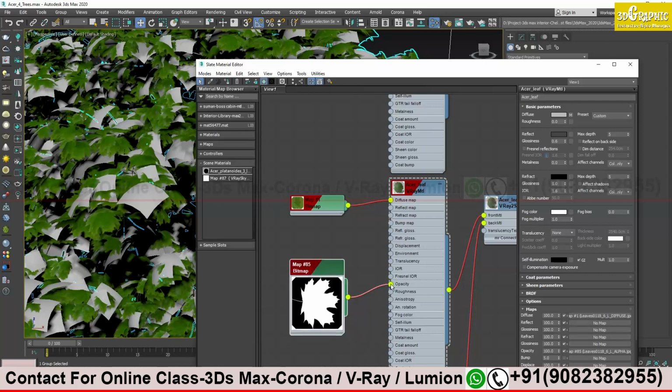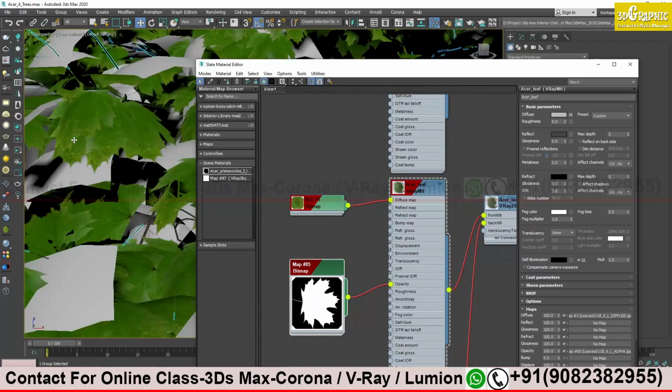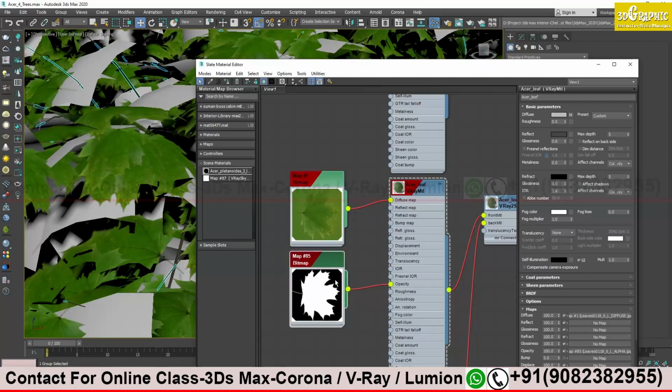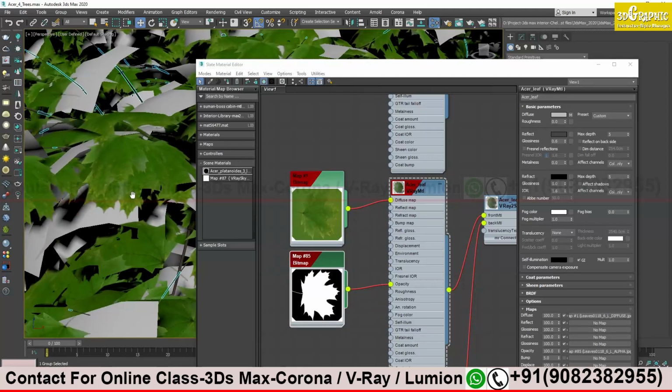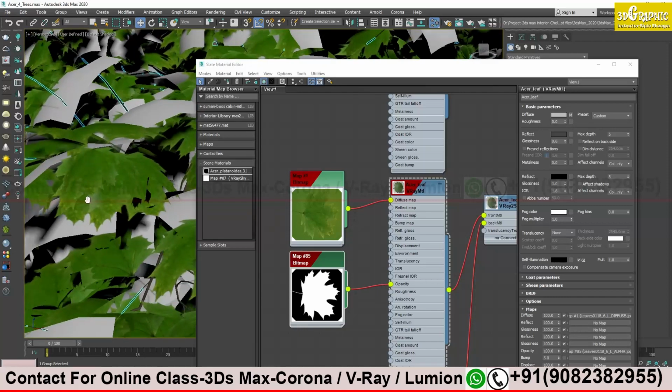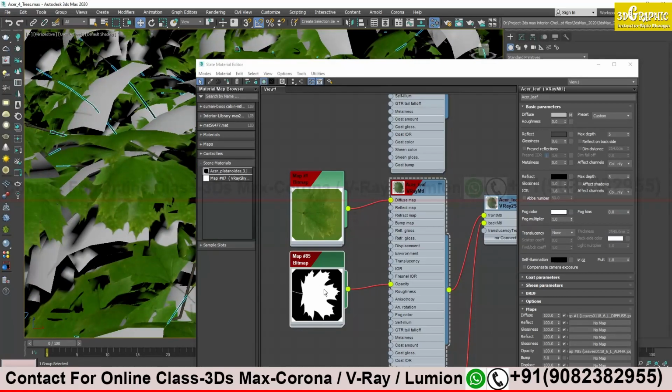On the opacity, you see it is being used here as well. Here you can see there is a green color around the leaf. But when alpha masking is applied, in the final output you see only the leaf, the edges of the leaf, not the green color. So this is how they are using it on the opacity, for the leaf purpose.